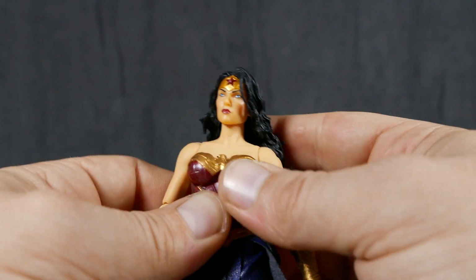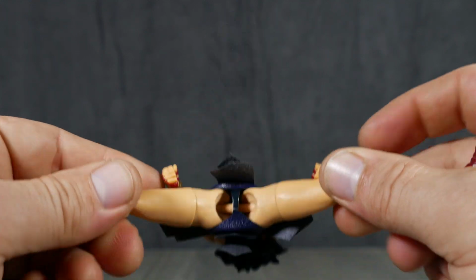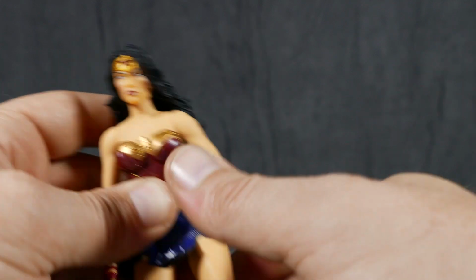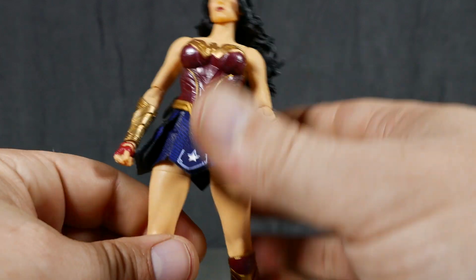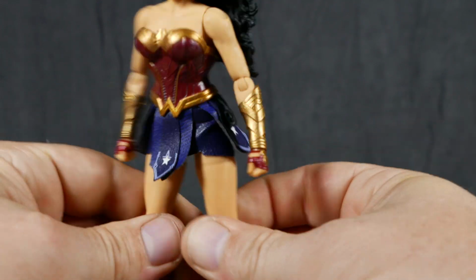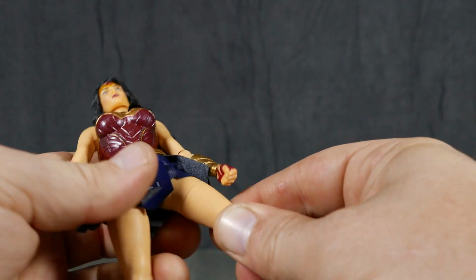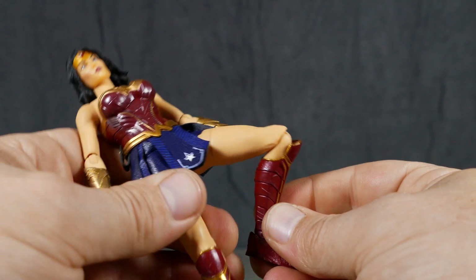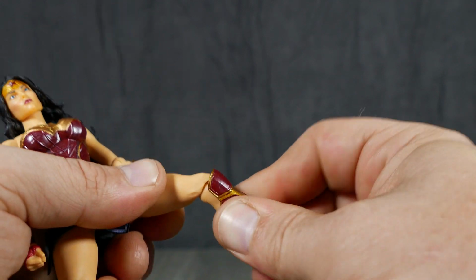And then for the torso, I'm going to say nyet, because the body just totally gets in the way there. And then down here, she's got the ball joints, and you know what they're going to afford. Remember, they don't use the drop hinge with Mezco, so that's pretty much what we're going to get with her. Fairly well articulated, but not super articulated. We got a thigh cut right up here. We have a knee that is not double jointed, and it crunches up about that much, and it will rotate,